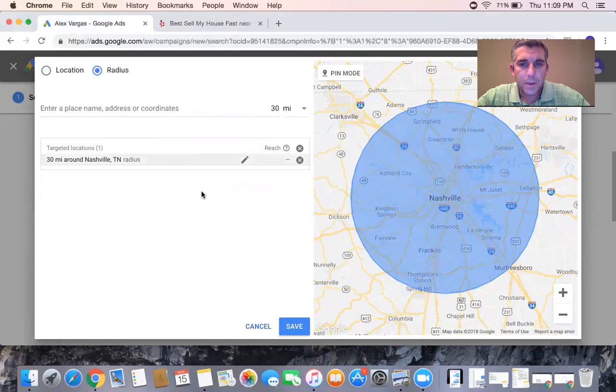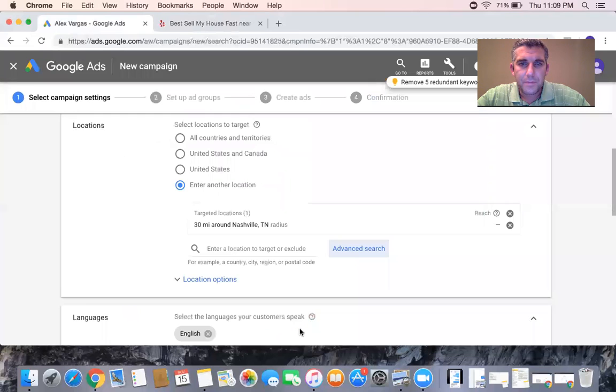Okay. And I'm going to save that. And so just walk through this. I would suggest walking through building exactly this campaign. We're going to do a lot more than just Nashville. We're going to target multiple geographies around the country. But for the sake of this ad, I want you to see a couple of specific things when you do